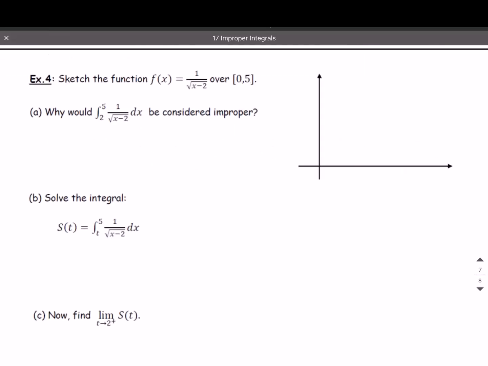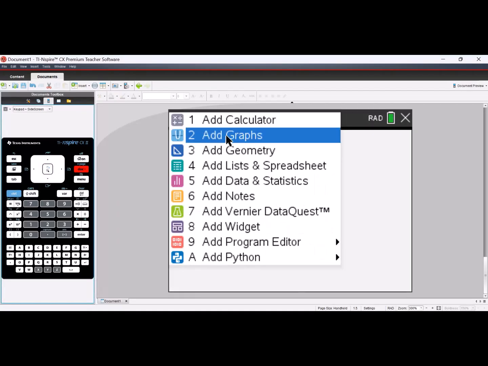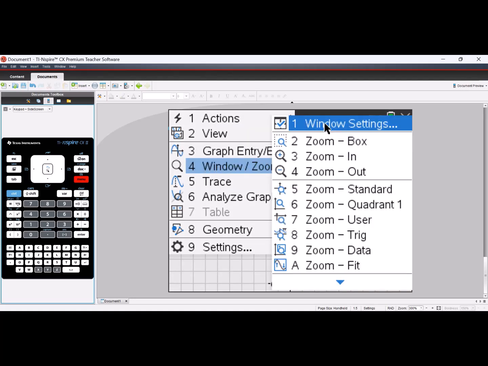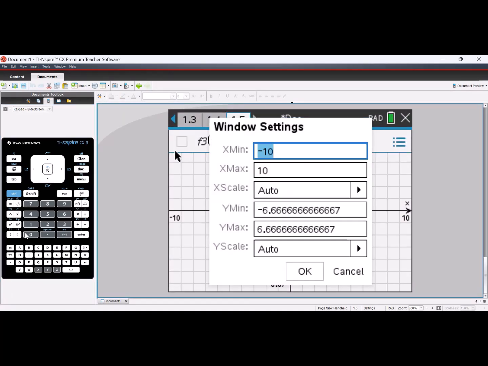All right, so the next thing we're going to do is we're going to grab our TI-Nspires and we're going to grab the function f of x equals 1 over the square root of x minus 2, and we're going to set our x window from 0 to 5. Okay, let's see what happens. So I'm going to put in another graph page. I'm also going to go to my menu, window zoom, window settings,